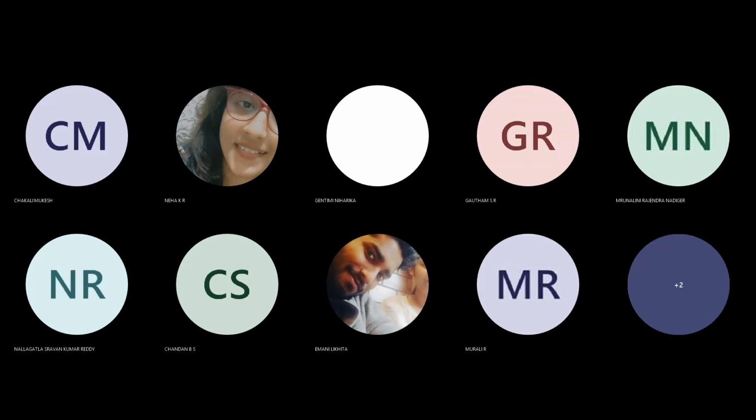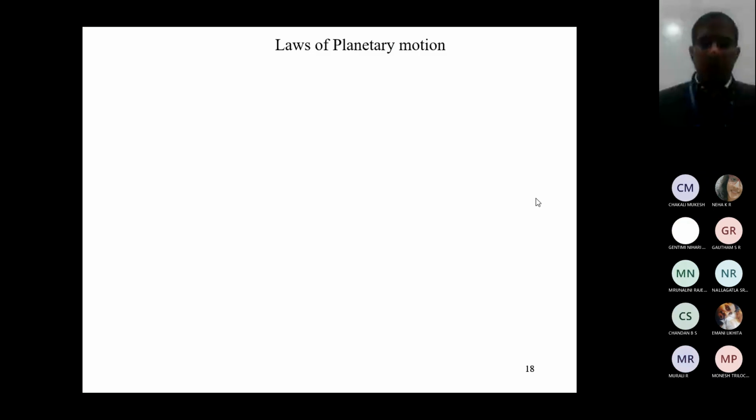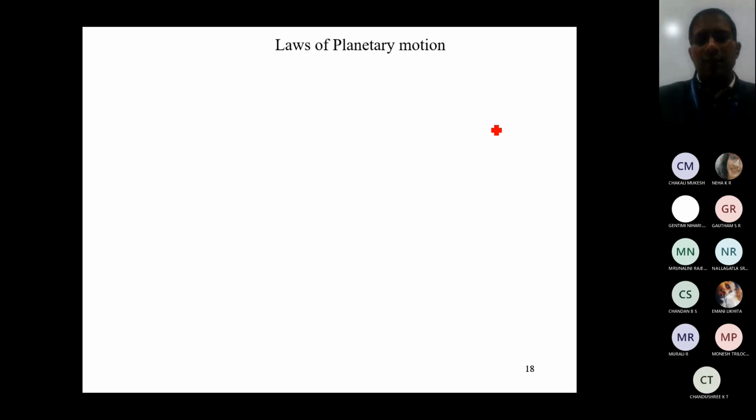Once again, the second class of satellite communication. So in the previous classes, we have gone through some of the history of satellite communication and